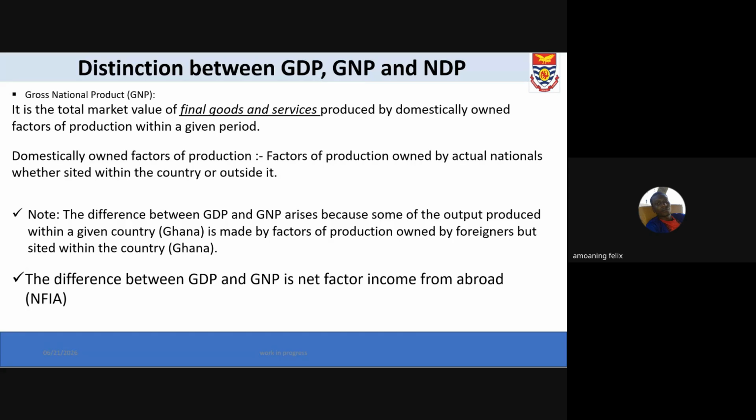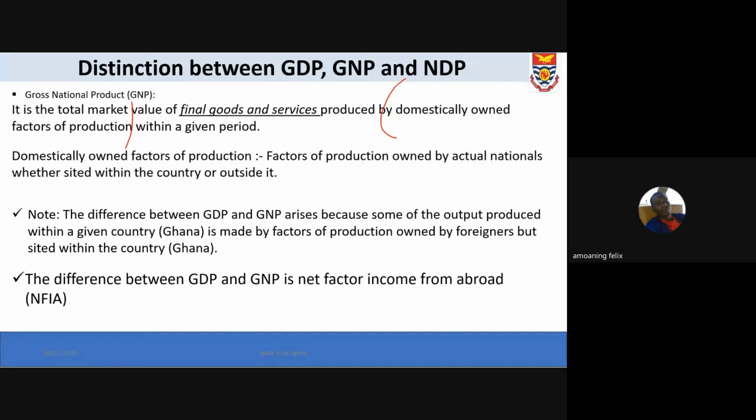So with the gross national product, we are looking at the total market value of final goods and services produced domestically by domestically owned factors of production in a given year. So the emphasis is on what? Domestically owned factors of production. So we are going to look at factors of production that belong only to the domestic country. So if it's South Africa, South Africans are only looking at the factors of production that are owned by South Africans within a given year. If it's Ghana, we are Ghanaians, so let's focus on Ghana. Then our factors of production